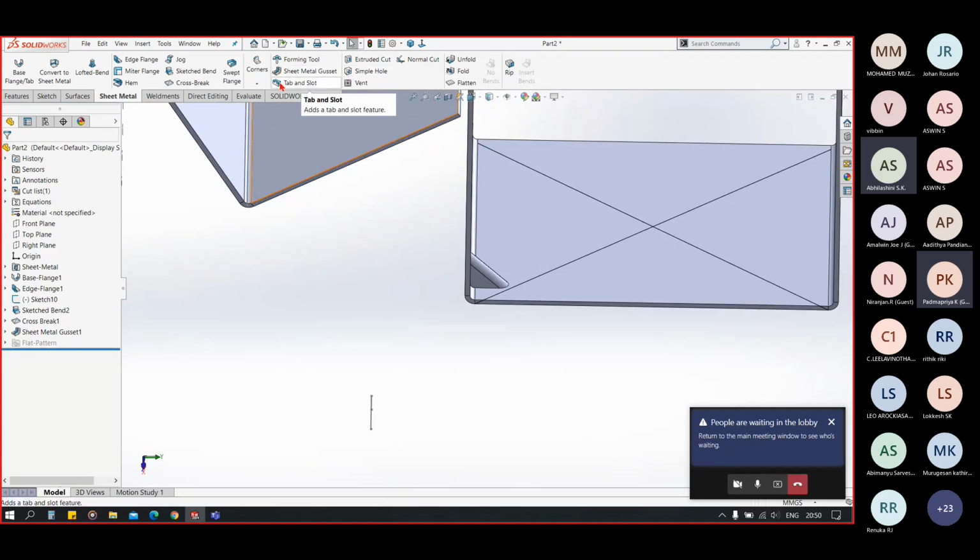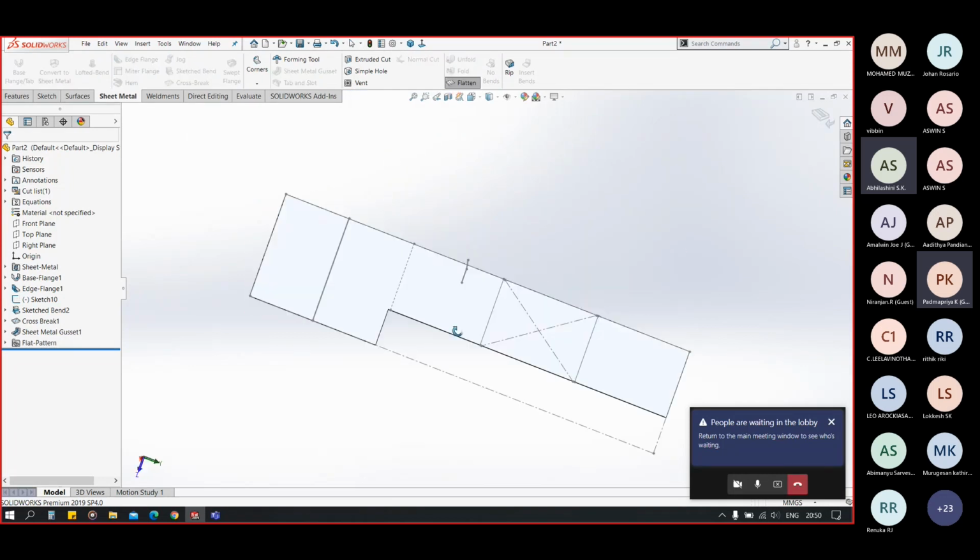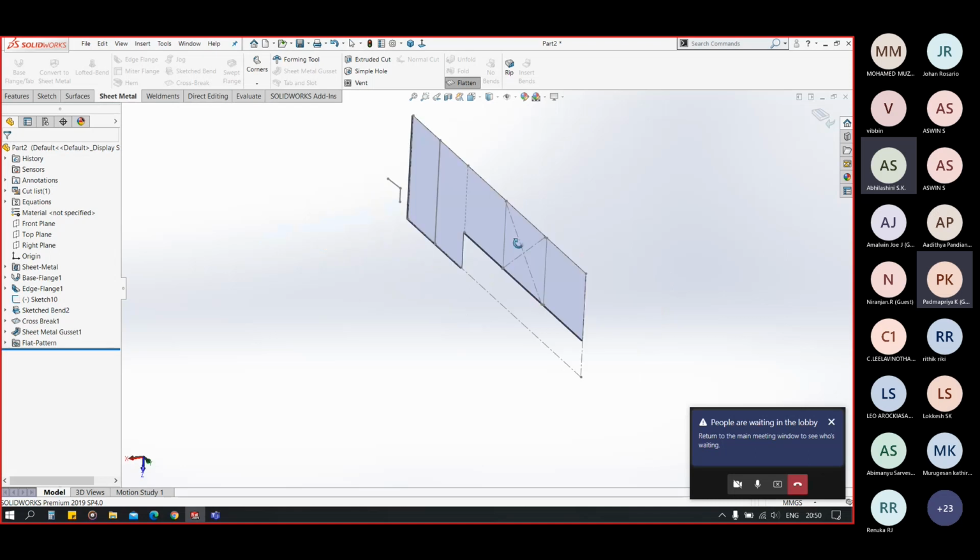Tab and slot is for locking two different sheets; this feature creates a locking mechanism for the two sheets. Now for the vent, we can have a sketch which is concentric circles and ribs. We can create a vent using that. Now flatten view gives us the flat view of the total area of sheet metal.